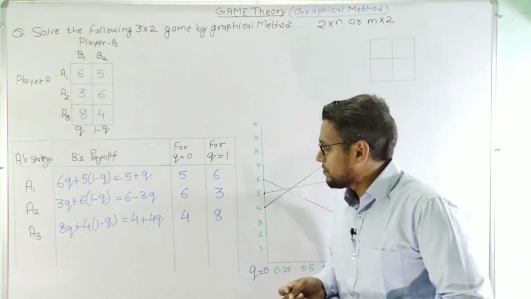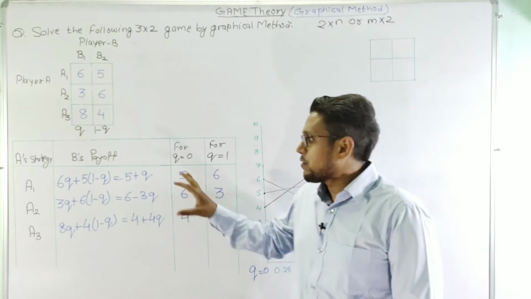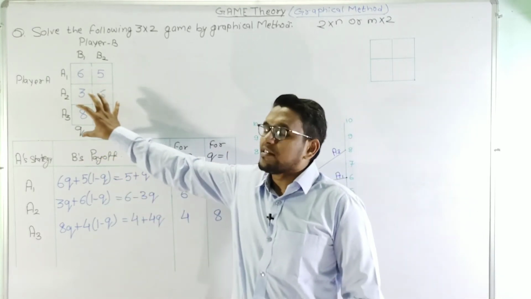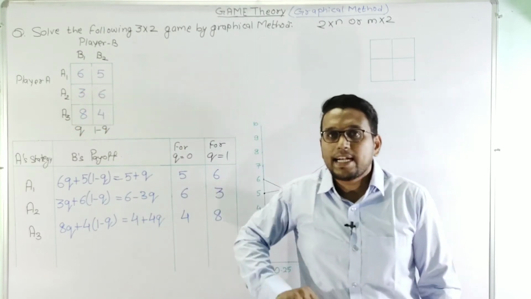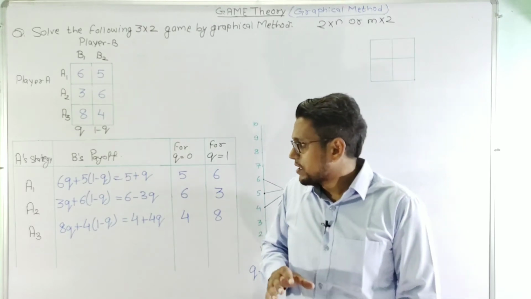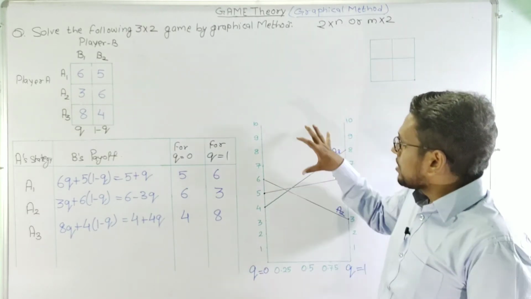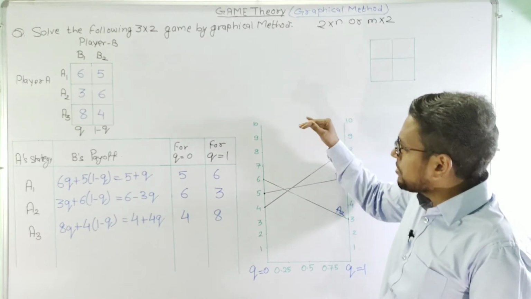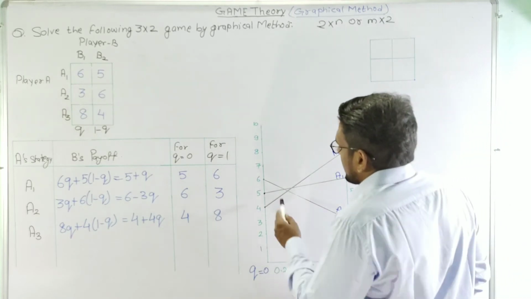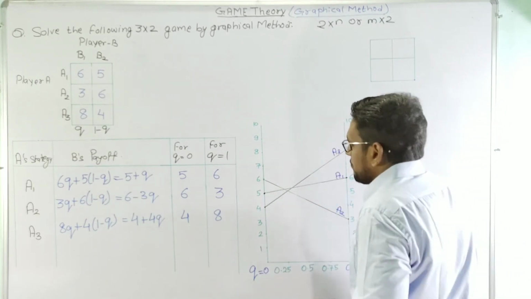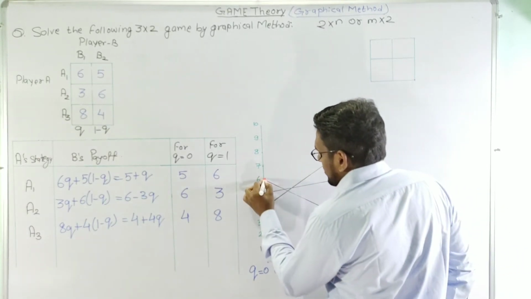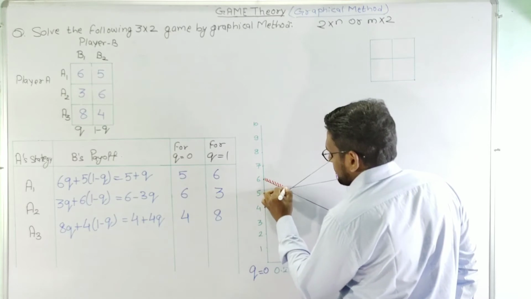Now after drawing this, we need to understand that we have calculated B's payoff. In this particular matrix, this is the payoff matrix for A, and the objective of B is to minimize the loss. So in this problem B will try to minimize the maximum loss, and the maximum loss can be given by the upper bound region here. So first we will select the upper bound region. So let us select here, this is the upper bound region.